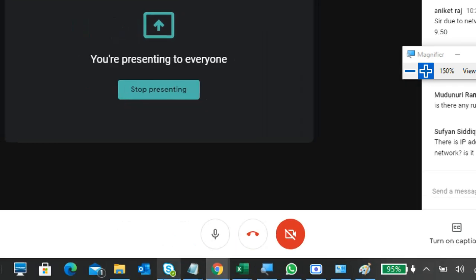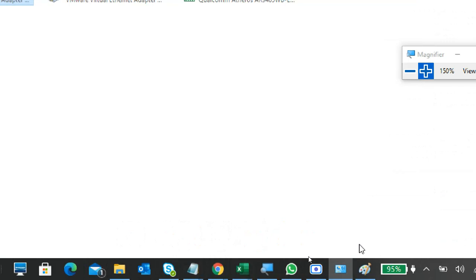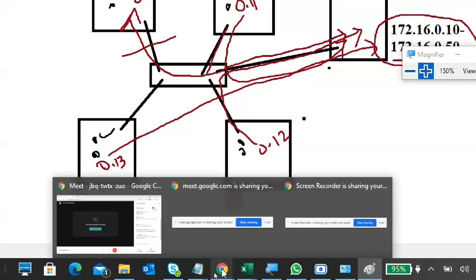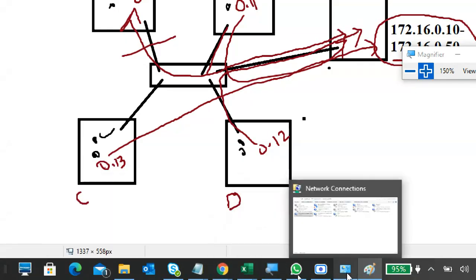When you are connected to the network only, you will get an IP address. Mainly in DHCP, if you are connected, then only you will get an IP from DHCP. If you are disconnected, no IP address.